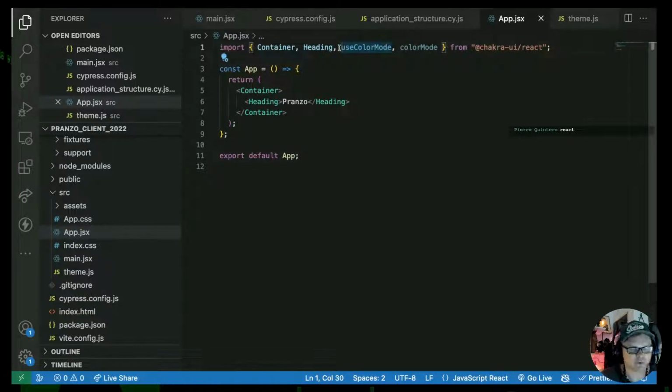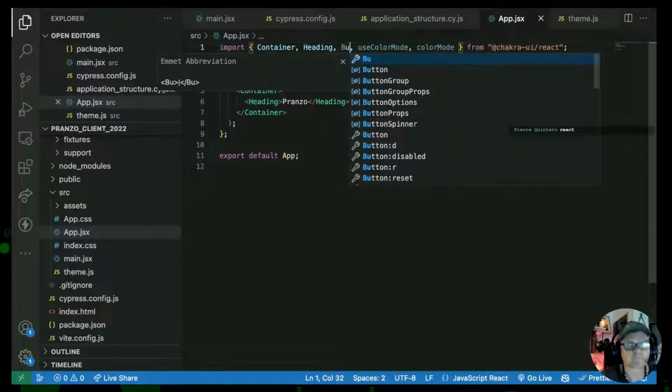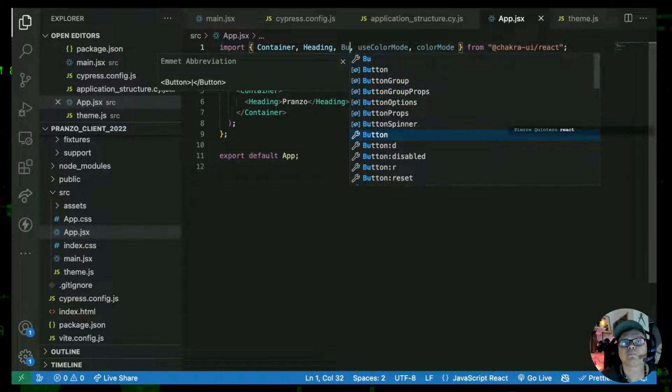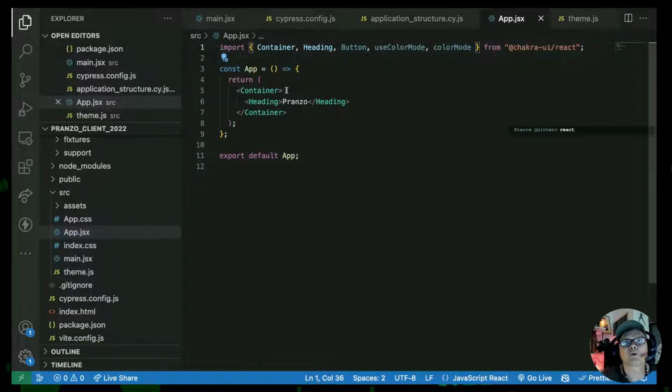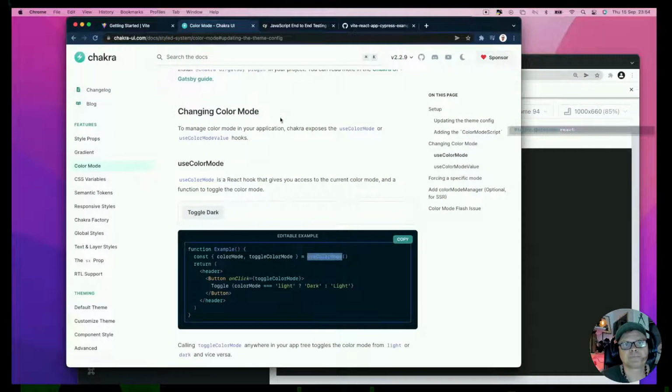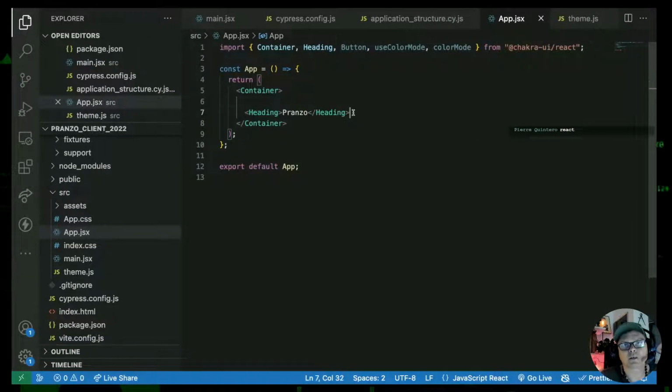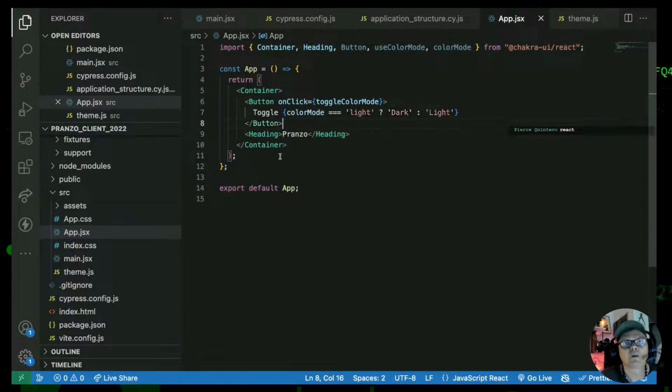Okay, so here we can do. Can we import a button? Can we do that? Is there? Yeah. Right. Yeah. Okay. So we're just gonna add this button here. Like, yeah, here. And